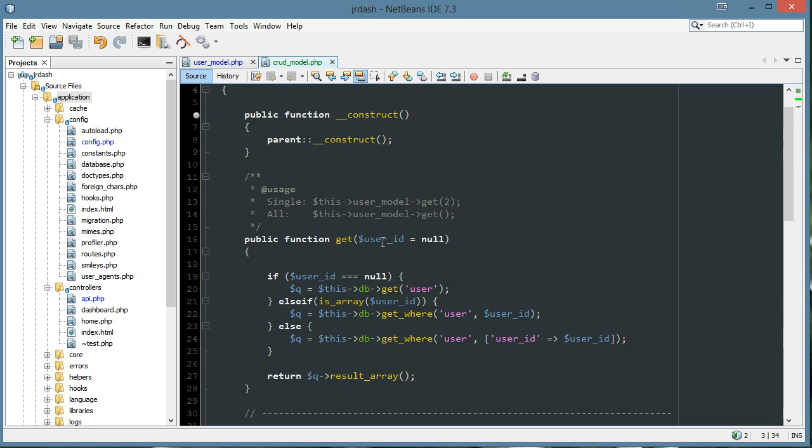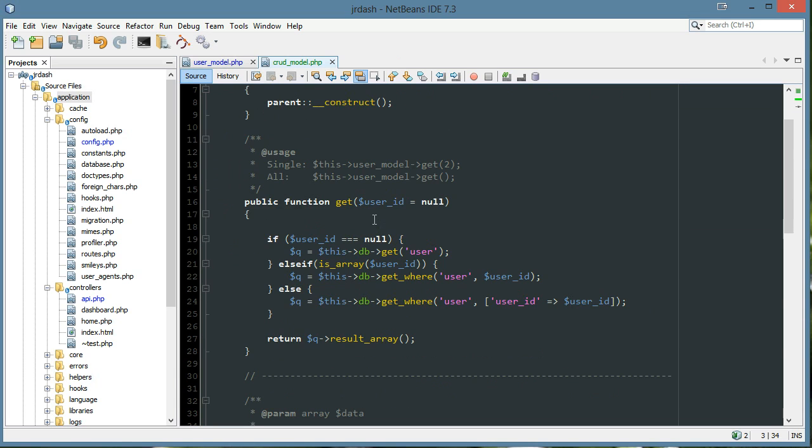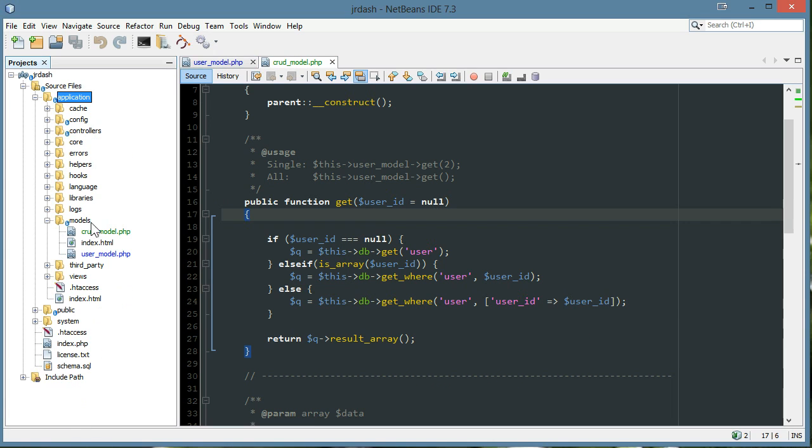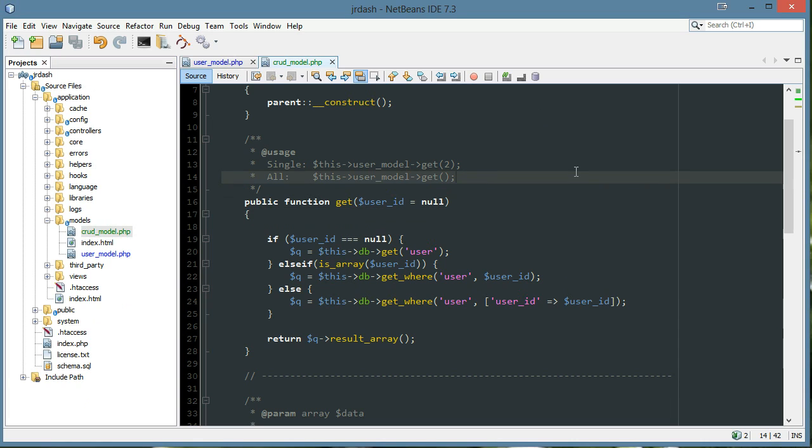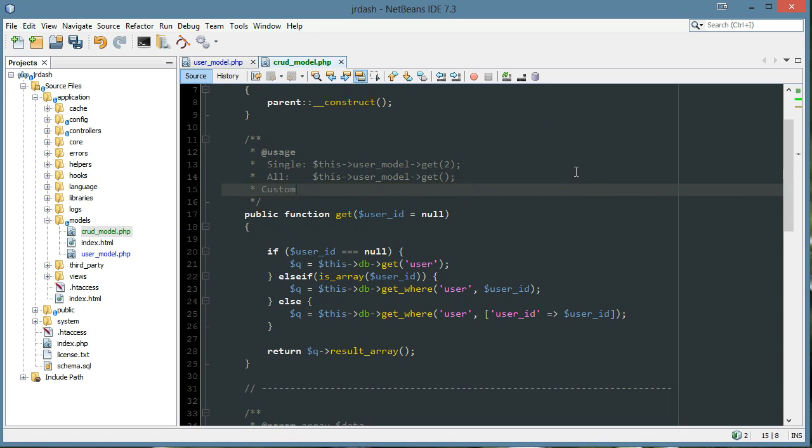And let's take a look at this. When we want a class, we want it to be flexible in the sense that it's not only going to be tied to users. So let me shrink these folders so we're all not confused. So here's our CRUD model, and our get parameter we want to be a lot better for starters. So let's make some usage cases. We have some usage cases right here, and let's also do a custom one. We want this to be very versatile. So for the example here, I'll just use user model,